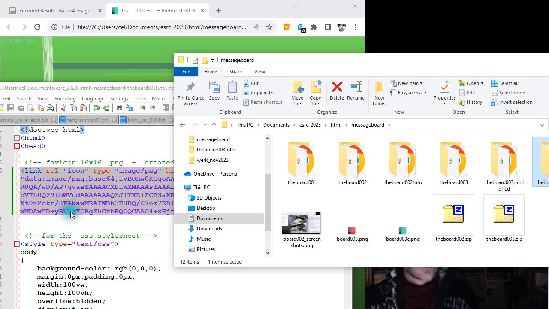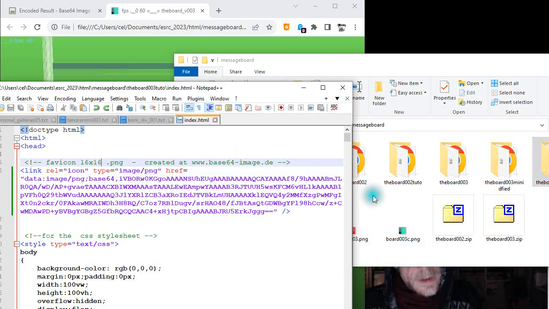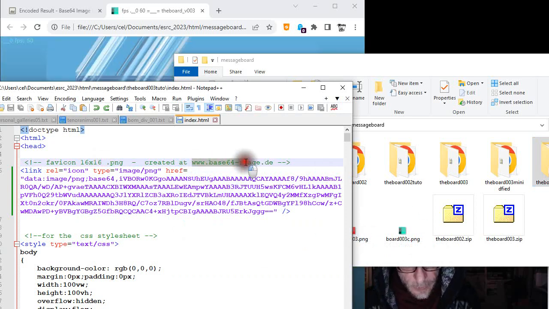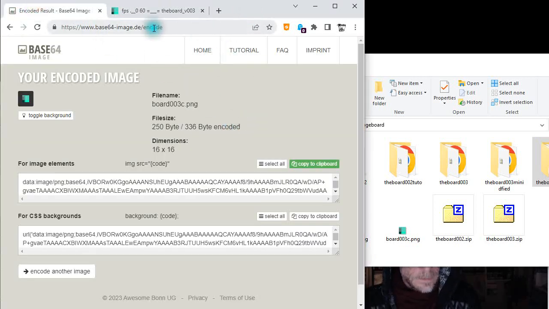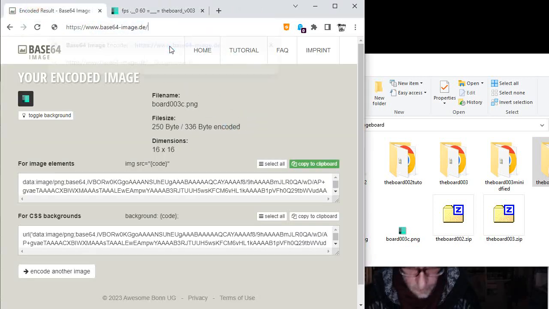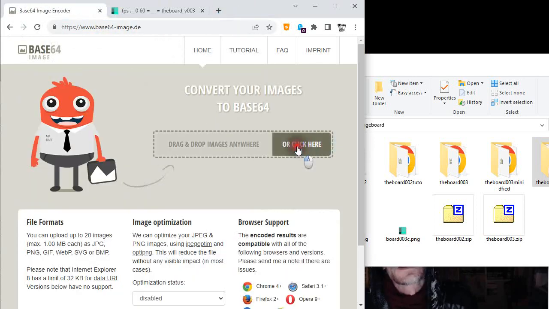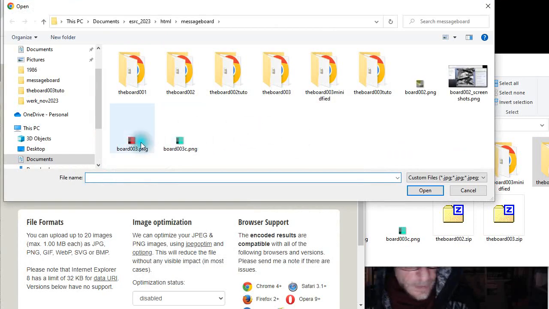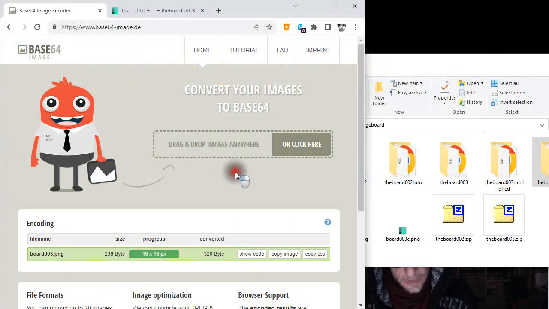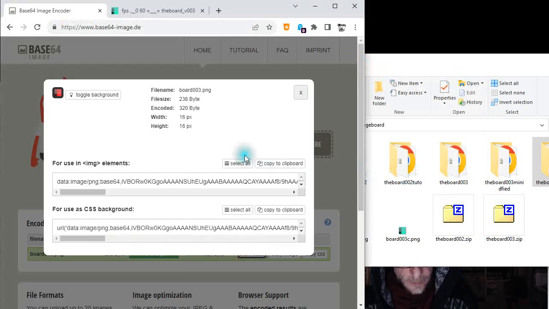and I can also go to this website to make favicons. I do this now. So I have another one still open for testing, and I can click and say I want this red icon, show code, select all. It's for the image, copy to clipboard,